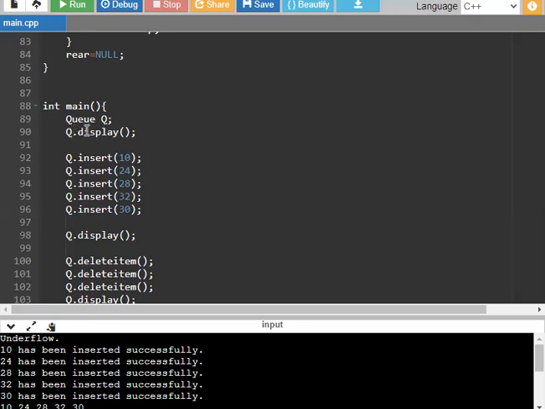In our program, the first step is q dot display. So we couldn't insert any value before the display function, so it should be displayed as underflow.